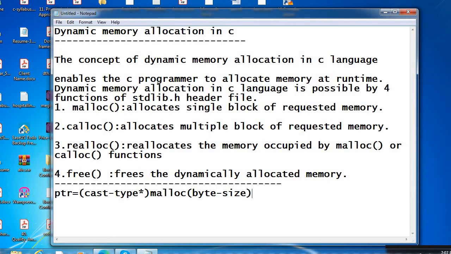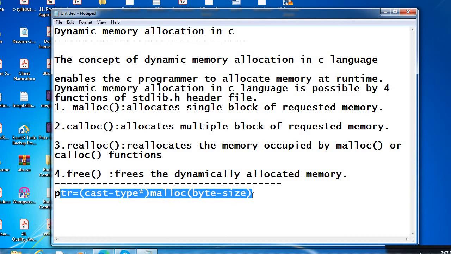So how you'll write it in a program, I'll show one program, how you'll use it and how the output will be coming. I'll show one example. Actually this is the syntax to use malloc. Why will malloc be used? To allocate a single block of memory at runtime.